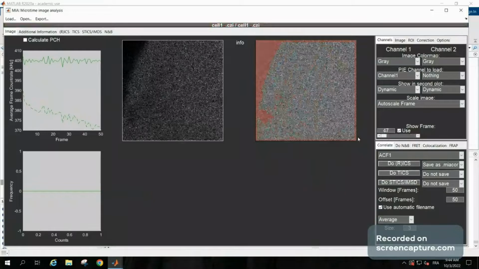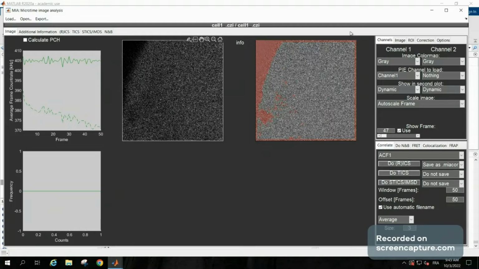What is to be done is you have to correlate every pixel across frames and get what you call a correlation map. To do that, it's important to include only the regions which you want to include for correlation. So, what are the regions that you normally exclude for correlation? It's these regions which are extracellular regions, which are normally excluded from the analysis because they don't correlate to anything. Also, if you notice that there are aggregates in your cell, you normally exclude those regions as well from the